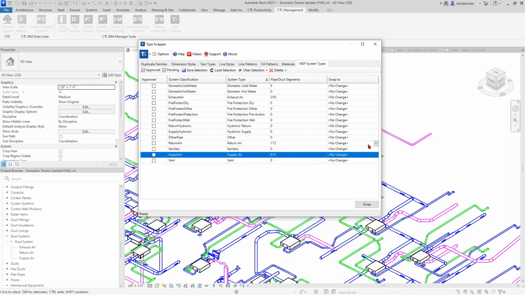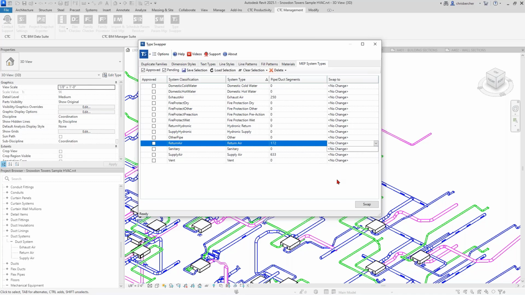So if for whatever reason your system type list is not as cut and dry as mine is, and you've got duplicates in there, or you've got stuff that maybe was not originally intended to be on a particular system, but now it needs to be,